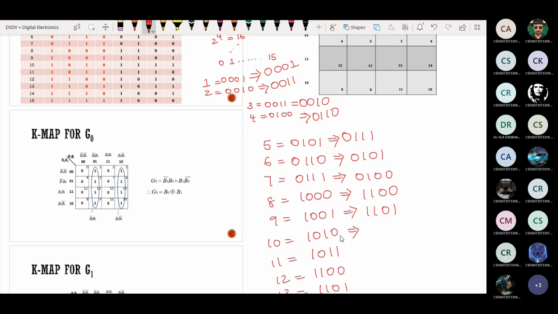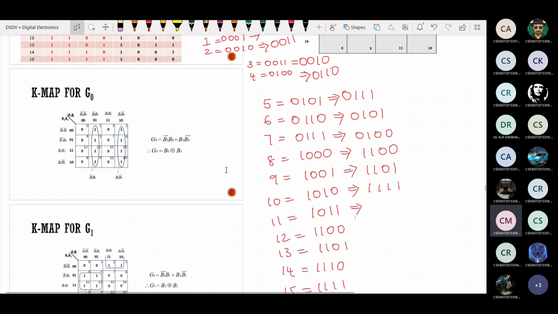For 10: all ones, 1111. For 11: 1110. Gray code for 12: 1010.